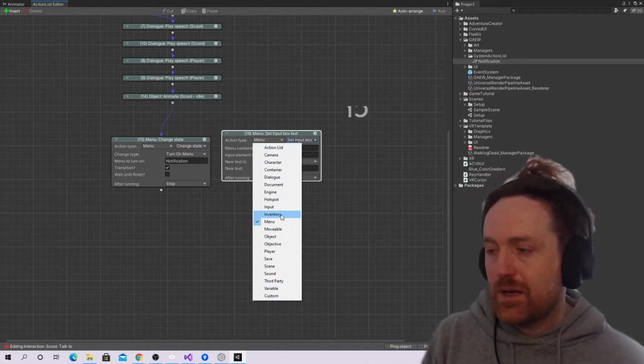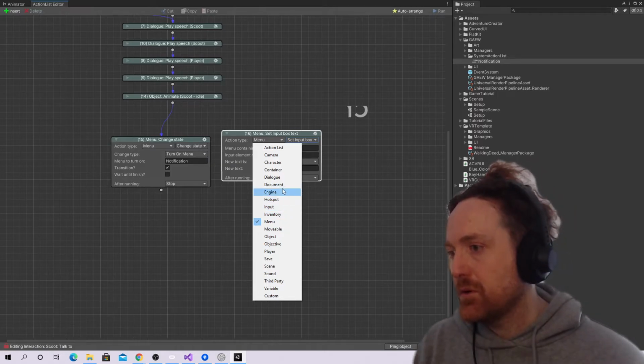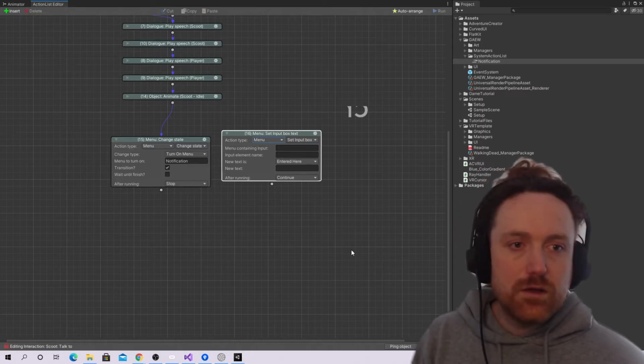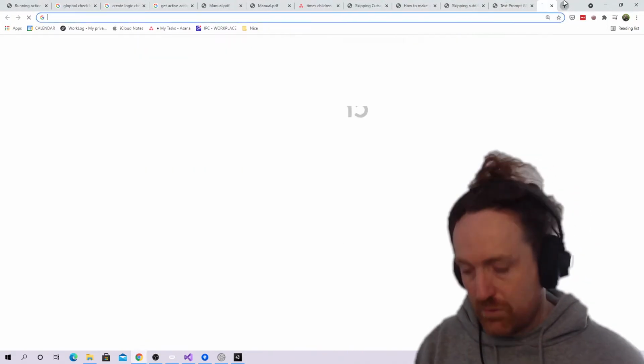Alright, maybe I'll cut this bit out. I definitely won't. Input, hotspot, engine, document, dialogue, container, character, and so on. Okay, so let's have a look. Set text